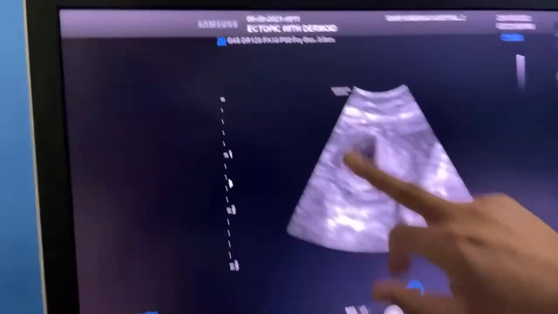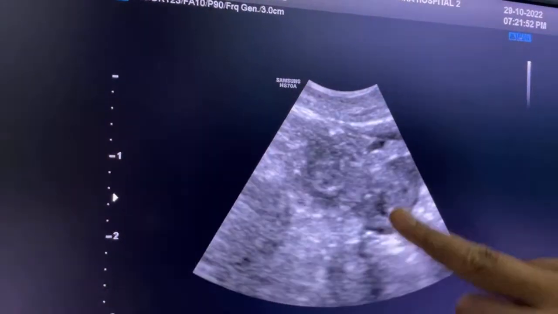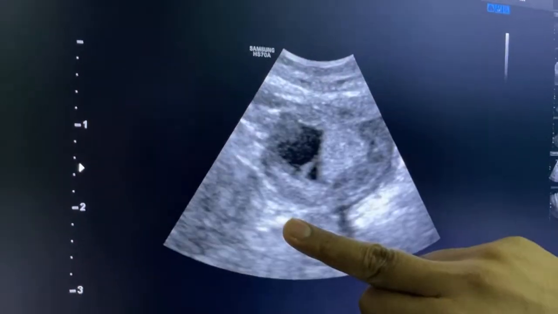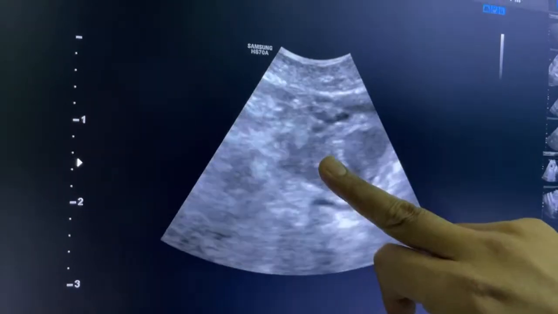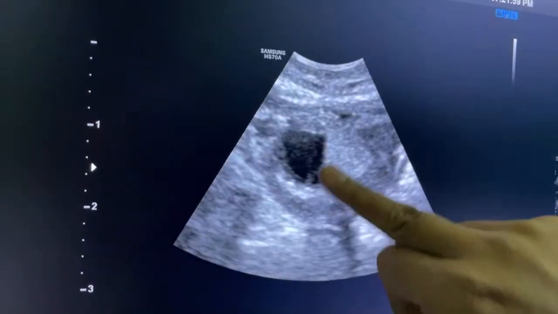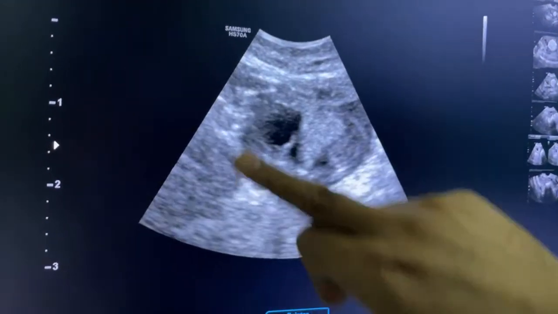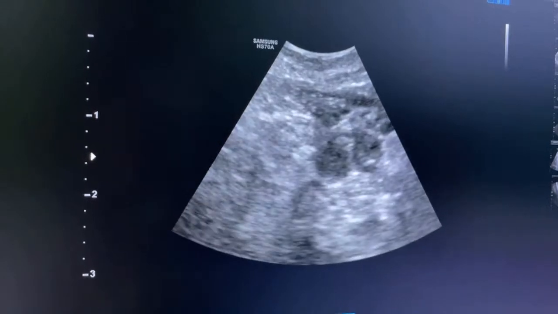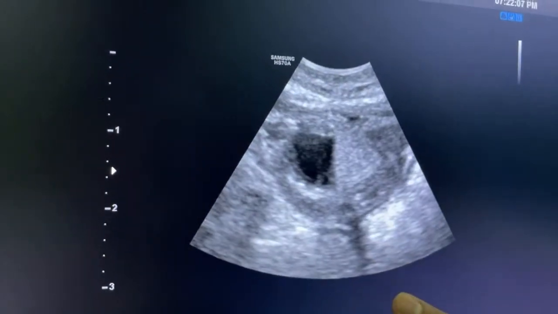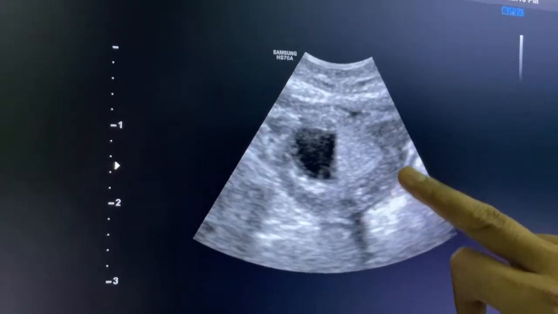What is the most important? Any adnexal lesion which is echogenic, with UPT positive in the clinical scenario. Whenever you see a sac-like structure, it is more in favor. But try to see the echogenicity, round, and again if you see carefully, see this echogenic rim.